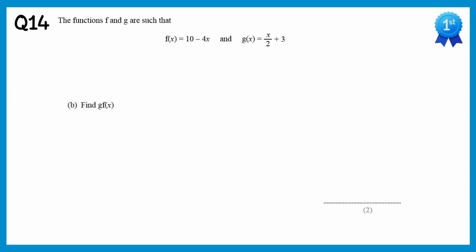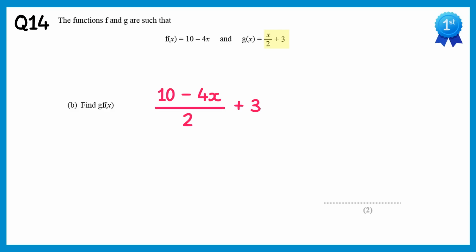For part B, we need to do a composite function, gf of x. The function g of x is x over 2 plus 3. So we're going to write this function out again, but in place of x, write the whole f function, which is 10 minus 4x. So we have x over 2, so we'll do (10 minus 4x) over 2, and then